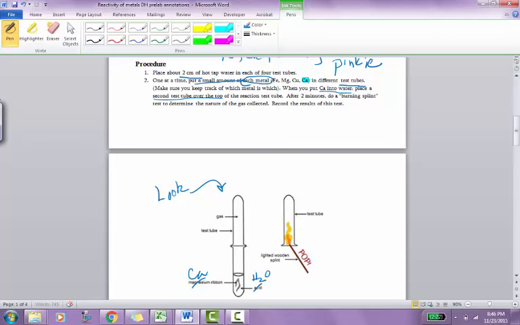I'll put the calcium in the water. You're going to take a test tube that's empty and place it inverted over the first one. And you're going to collect the gas. You're going to have some bubbles that are going to come up, and we want to collect this gas in this top test tube. After 2 minutes of collecting the gas, you're going to do a burning splint test, which